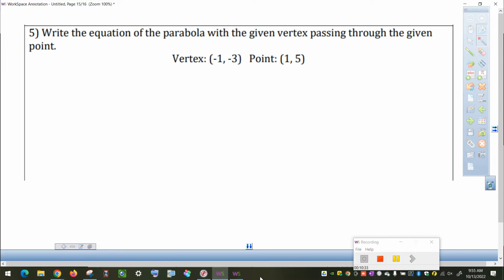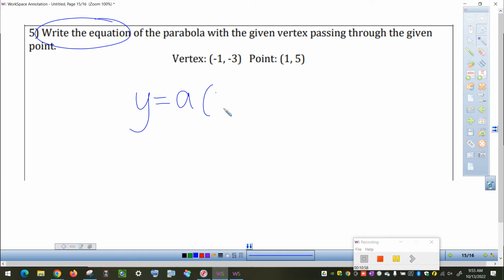Okay, so with the time we have left, I want to make sure we have a chance to look at number 5. This was actually our second learning target over there, is to be able to write an equation, not from a graph, but given a vertex, and then given a point that it's passing through. So I want to walk you through how we can do this. We're going to write our equation in vertex form. So I'm going to start by writing